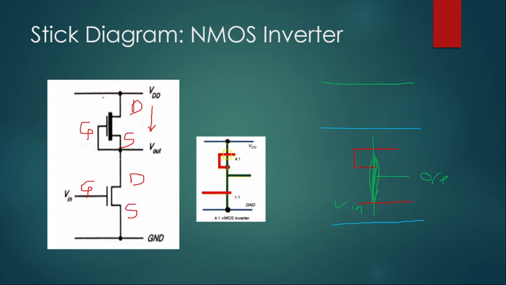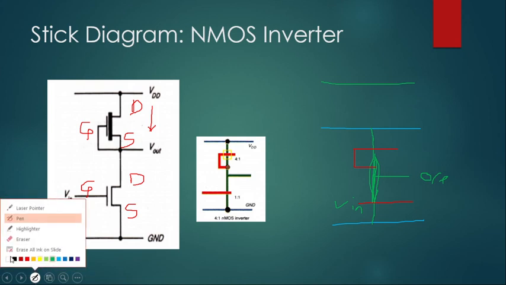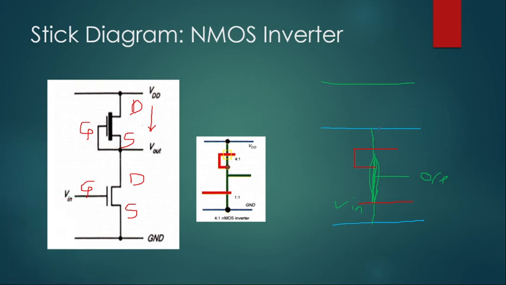And of course you have to make the connection with VDD and ground. So here you can observe the drain is connected to VDD. So this drain line will be extended towards VDD, and this source line is extended towards ground, and then you have to make this contact cut, because whenever you see a metal intersecting with diffusion, you have to make a contact cut, and then what is left, you can make this source to substrate connection that you can show.